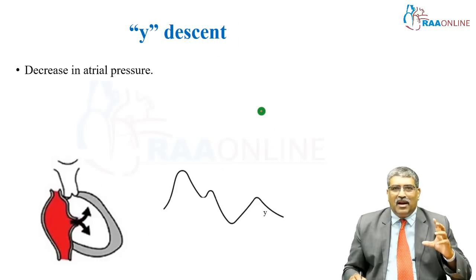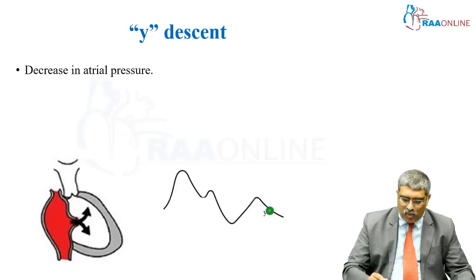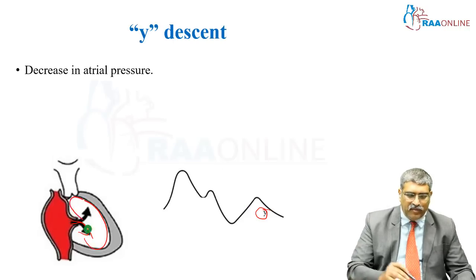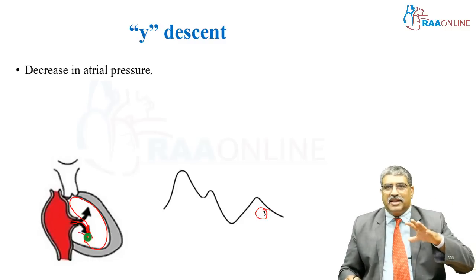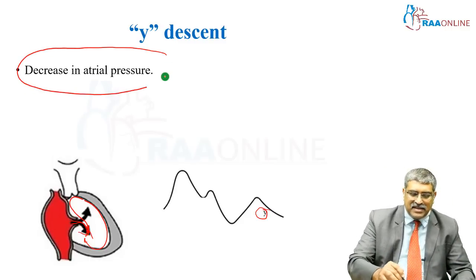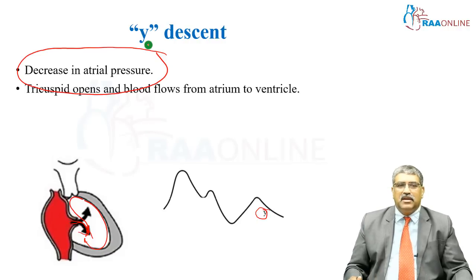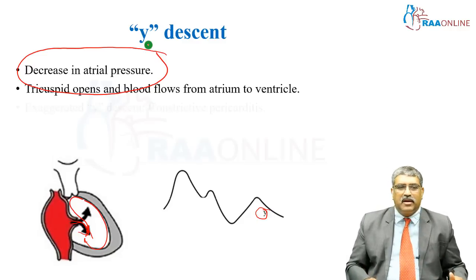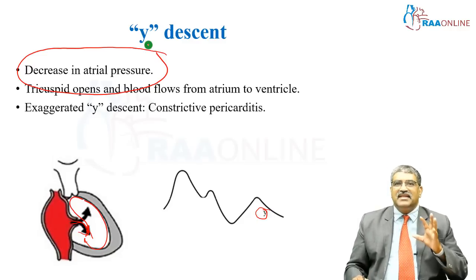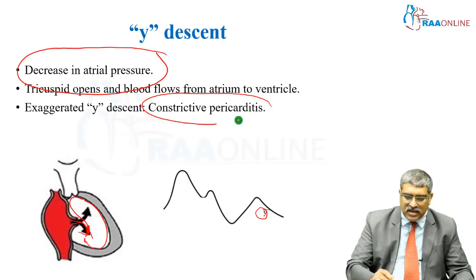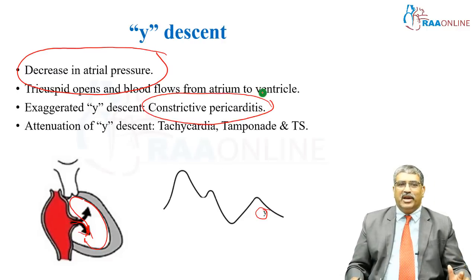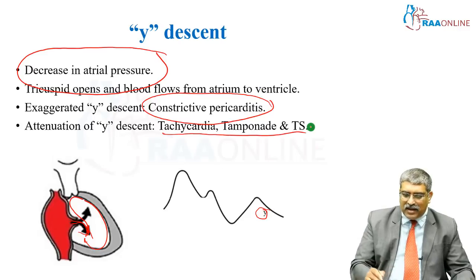Now coming to the last negative wave, which is the Y descent. Here the tricuspid valve is open and the blood from the atrium goes into the ventricle. By opening the tricuspid valve, there is a decrease in atrial pressure. And the tricuspid valve opens and the blood from the atrium goes into the right ventricle. Exaggerated Y descent can be seen in constrictive pericarditis, and attenuation of Y descent can happen with tachycardia, cardiac tamponade